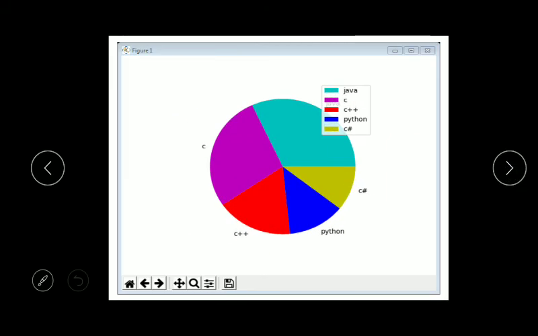The first part, value 15, represents Java here. Then the second part represents C, next part C++, then Python, and the next part is C sharp. Understood? This is called a pie chart.